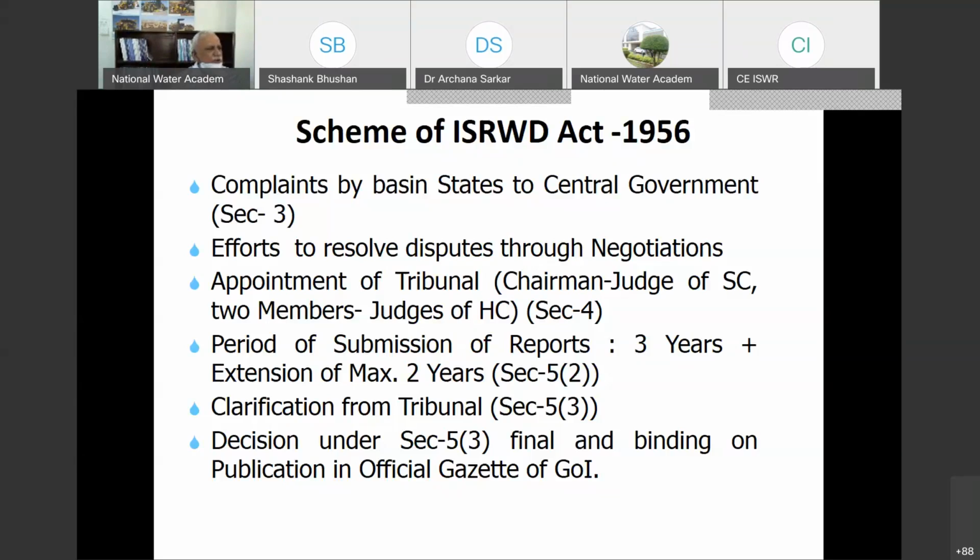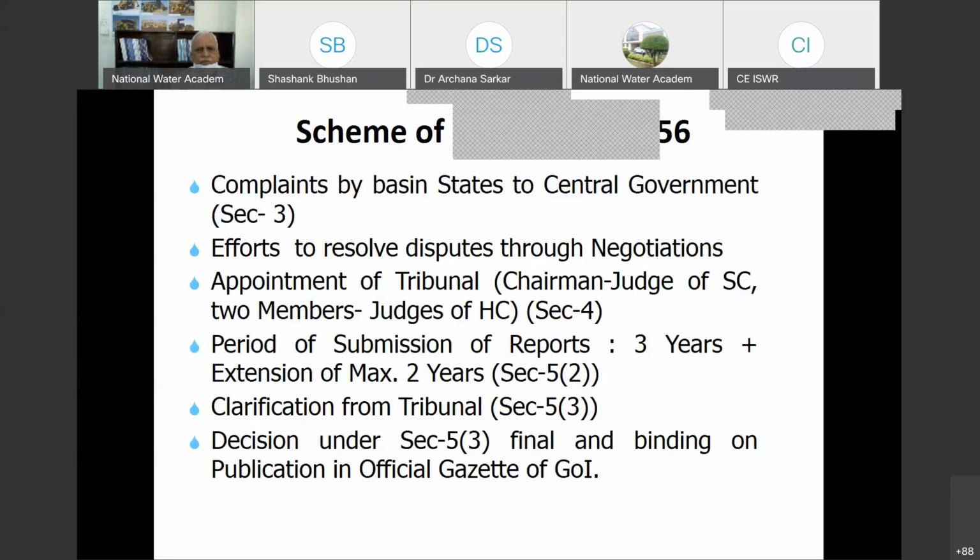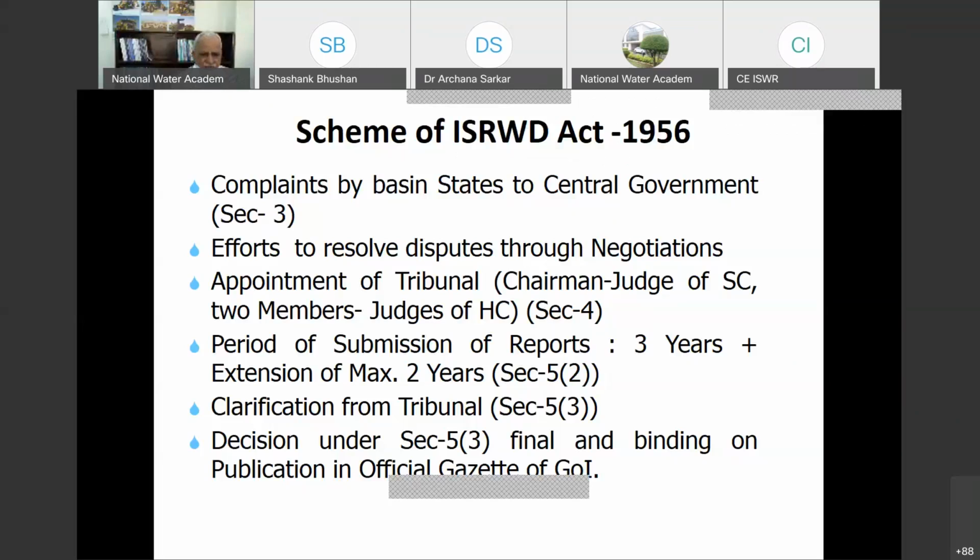Once the tribunal is constituted, the tribunal initially holds a meeting of all the concerned people. The state governments appoint distinguished counsels to present their case before the tribunal. They may be advocate generals of the states or some other counsels who are well acquainted with the water disputes acts and sharing of water principles. And to assist these counsels,